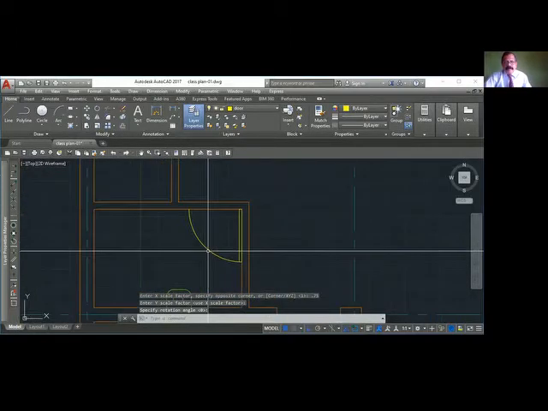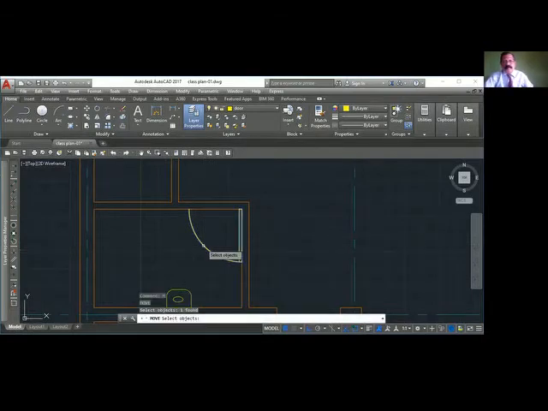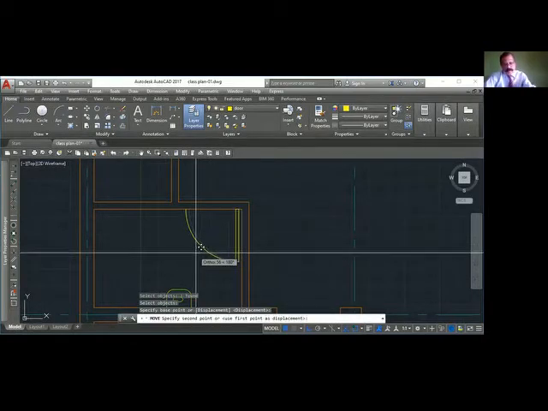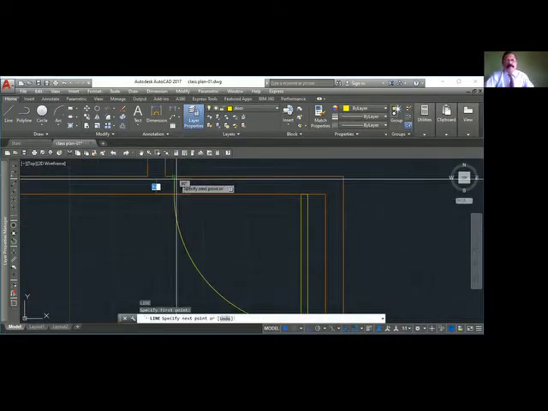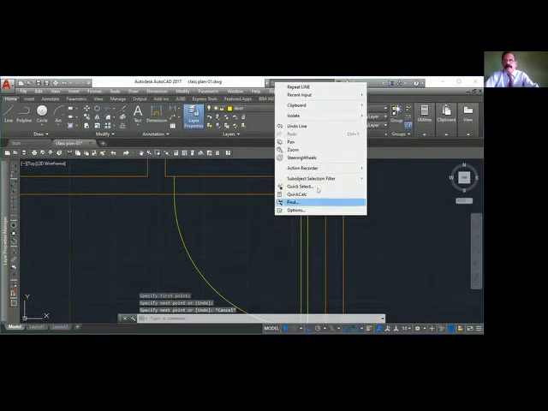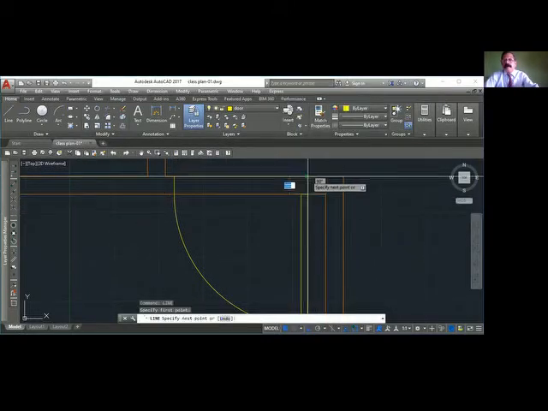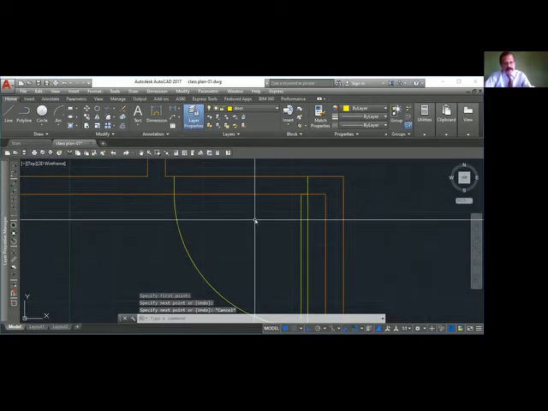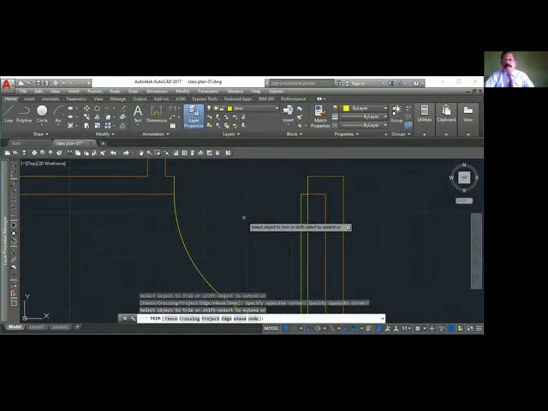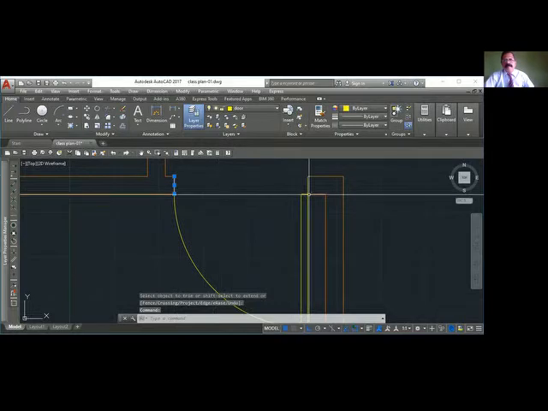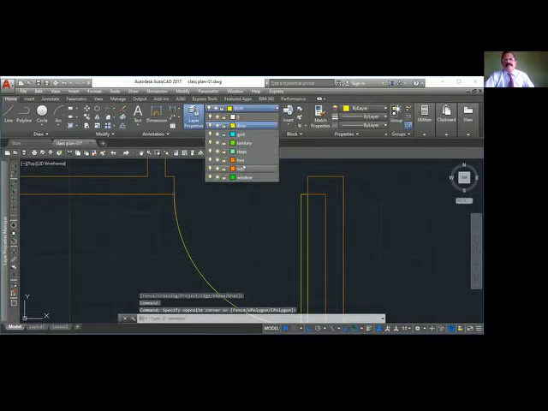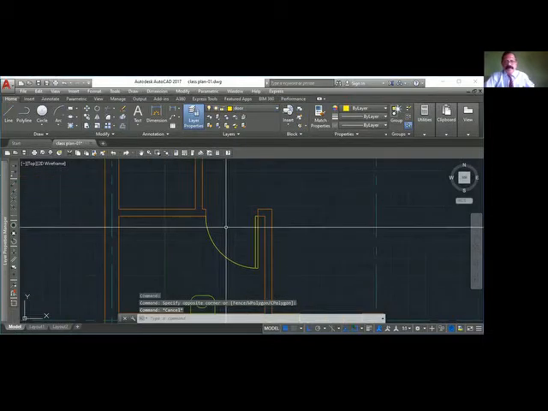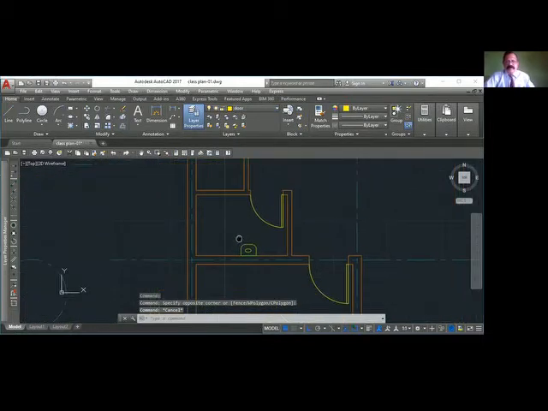You want to move it a little bit, so say move 100 if you want to keep, and after that you draw a perpendicular line, trim, select these two lines, take it to one line. Okay, so I have a door here. This is my wash basin.